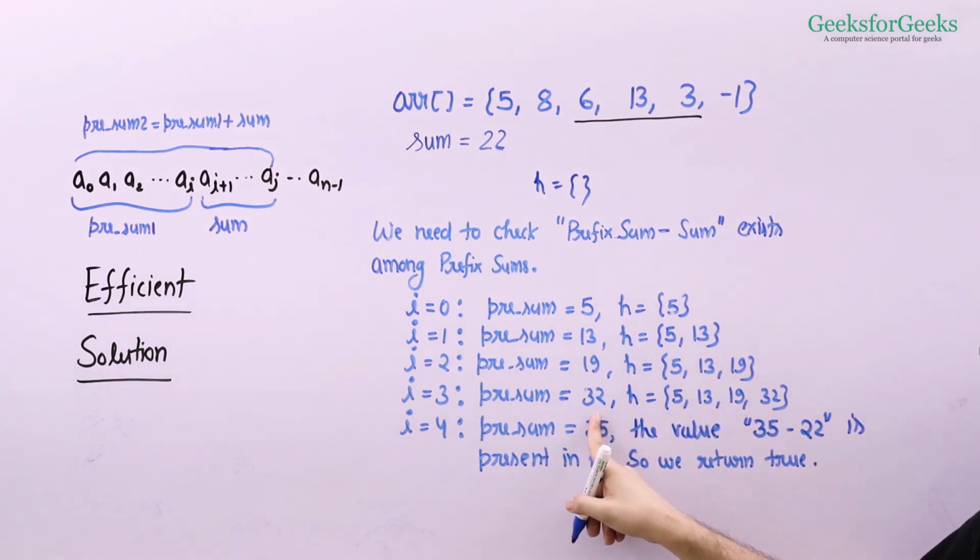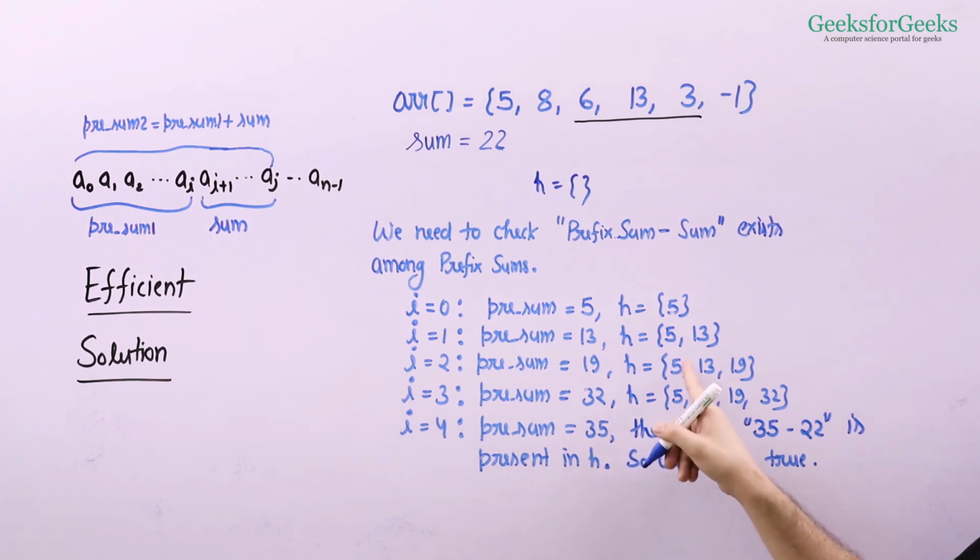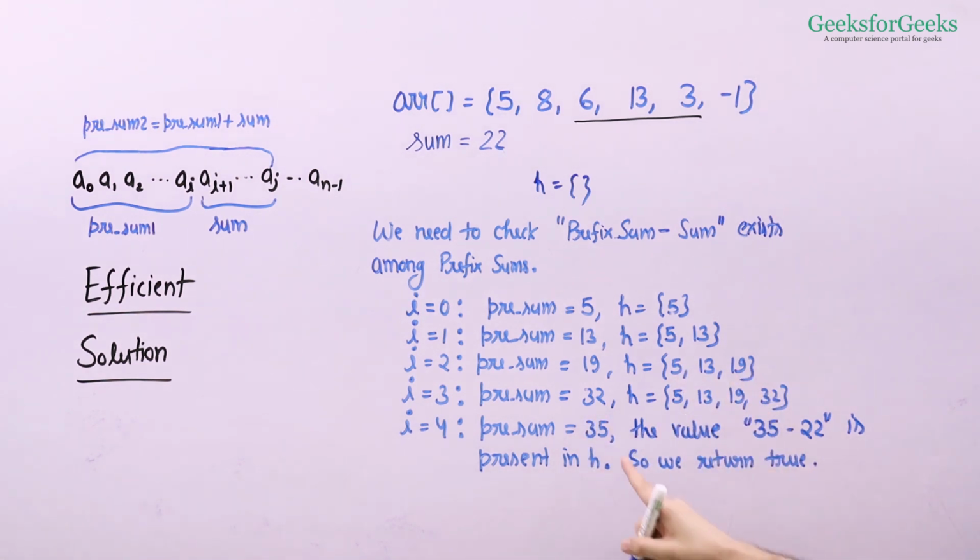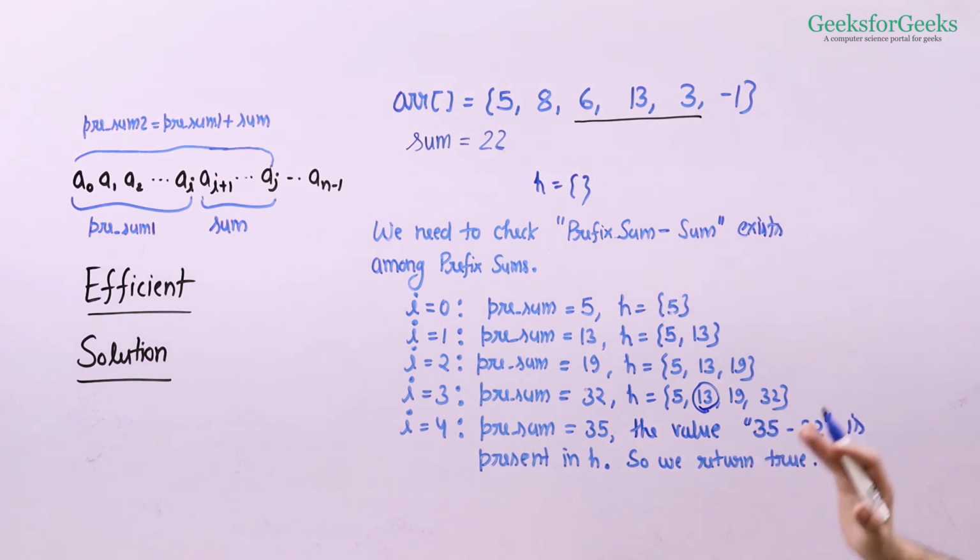At this point we will search for 32 minus 22, which is 10; the hash table has only these 3 elements. At this point we will search for 35 minus 22, right? And we find this value. 35 minus 22 is 13, and we find 13 in the hash table. So at this point we return true,